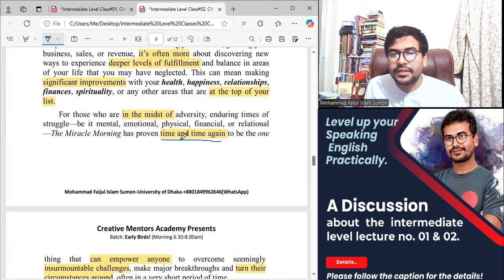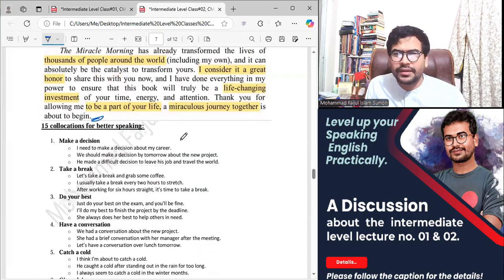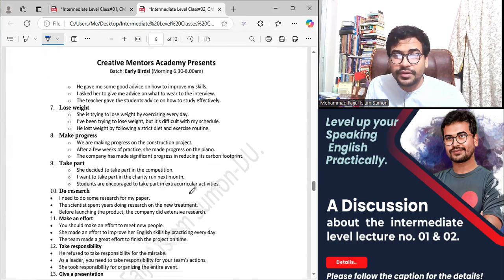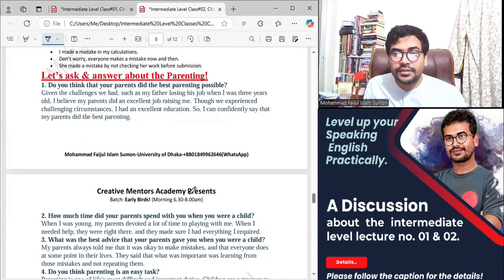Time and time again means repeatedly. Okay. So you can say day and day again, year and year again, moment and moment again. Okay, hour and hour again. ঘন্টার পর ঘন্টা বলেছি, like this. Okay, I hope you got the point, and there is nothing important to discuss about the collocation here, because I have discussed it previously, and follow the first strategy, then you will make it.